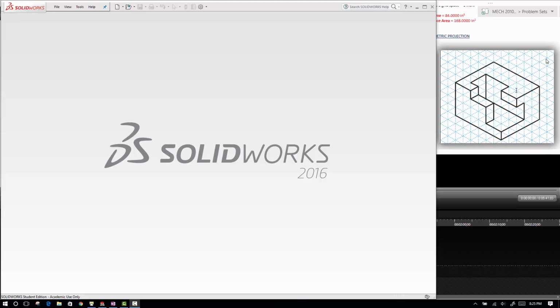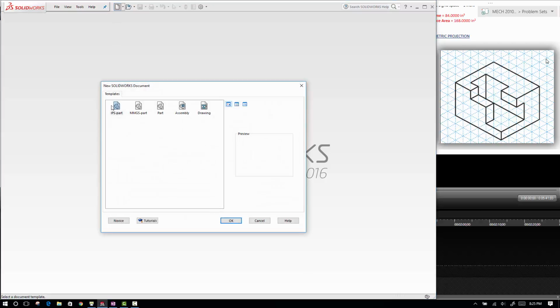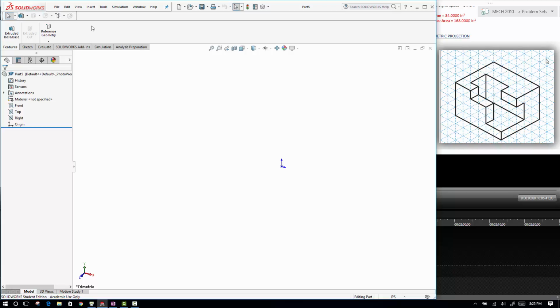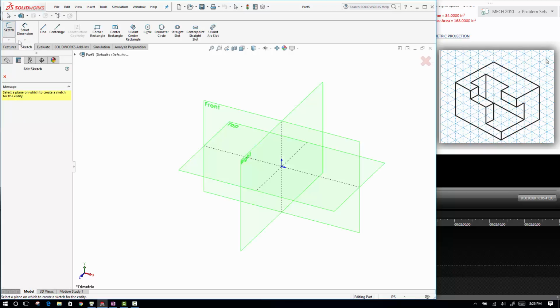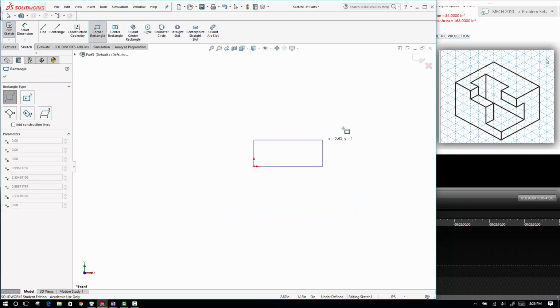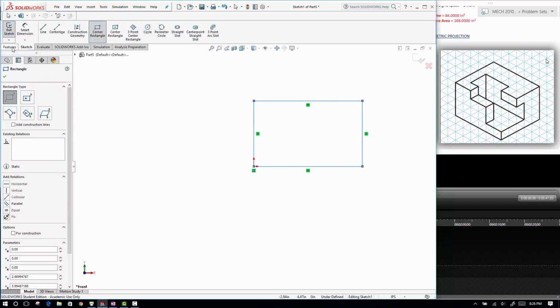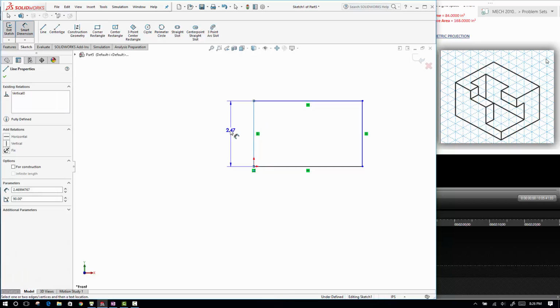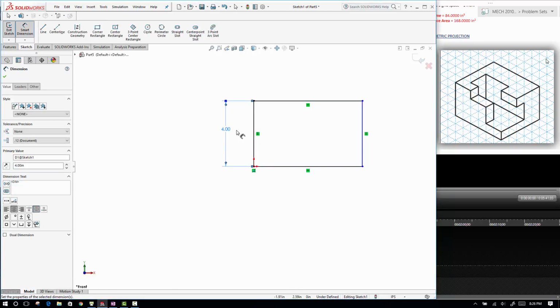All right, I'd like to make this part in SolidWorks. So what we're going to do is go ahead and start a new part. I'll use my inch/pound/second template, and we have this as being 4 high by 6 wide by 5 deep. So I'll go ahead and create a sketch on the front plane, corner rectangle, and go to Smart Dimension, 4 and 6,